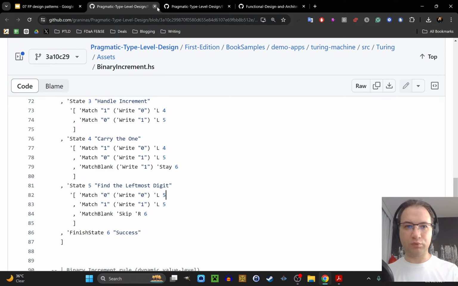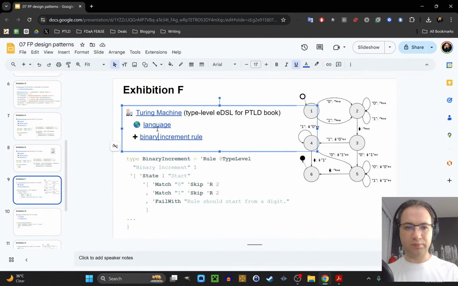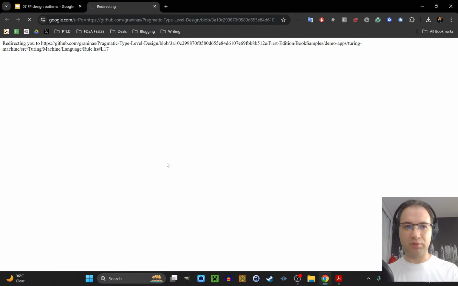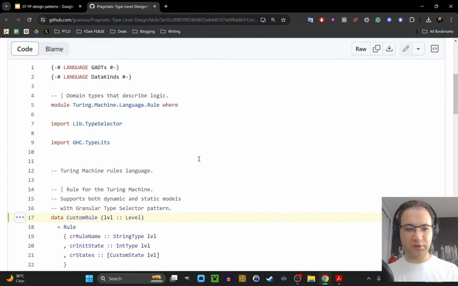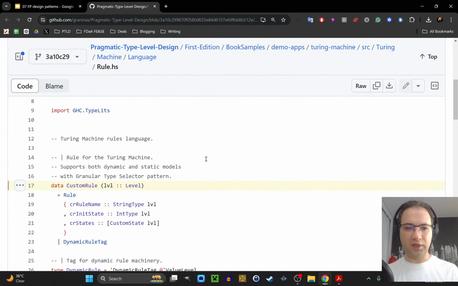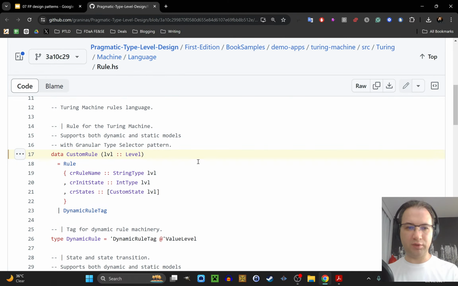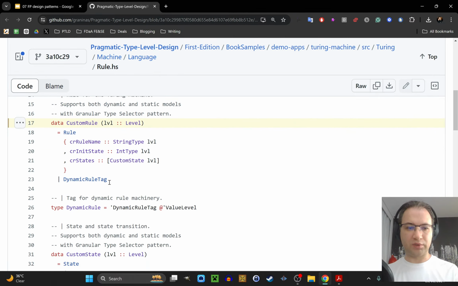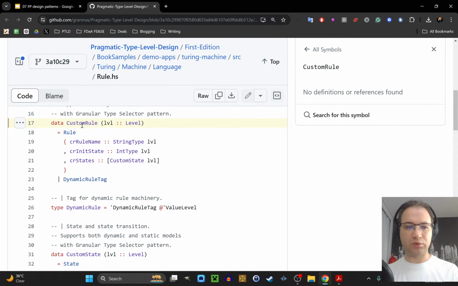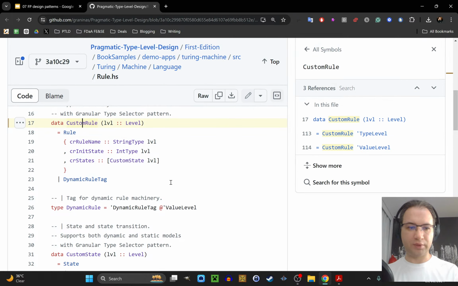Maybe I can move to the implementation bits, I mean how I define that, but it will not be an easy exercise because it's type level programming in Haskell. For example, here there is a custom rule data type, which is actually an algebraic data type, as we can see here, but I use several Haskell extensions,